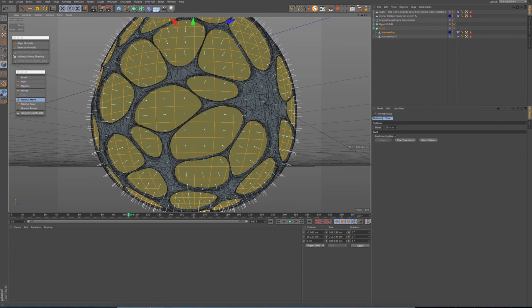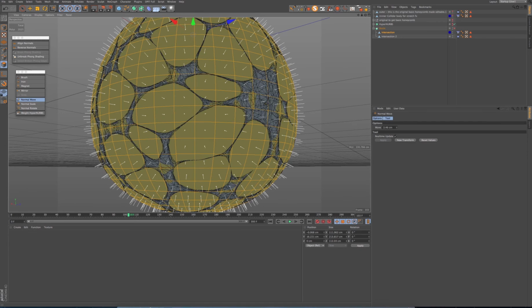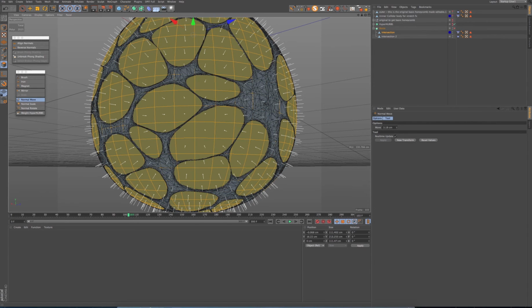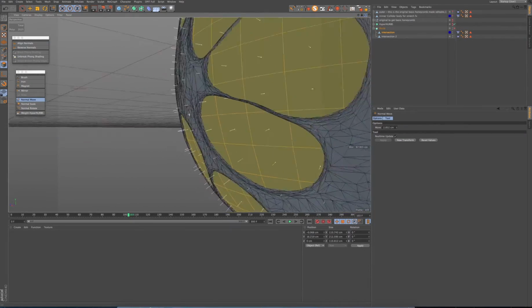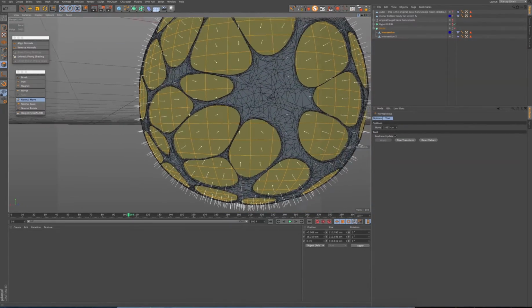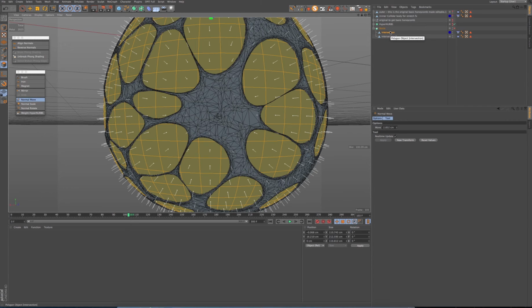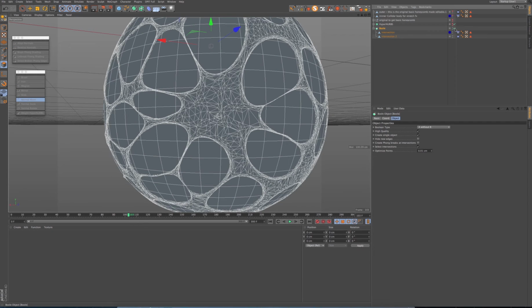If I Normal Move now, I can see to get an intersection, and you'll see where I'm going with this. So as I enlarge it, we get an intersection. Not too much. There we go. We've now got an intersection, and that's going to sort of be where our pools are. Okay, so that's pretty cool. Checking from all different views to make sure it's working. So each of these is going to be individual pools, maybe of magma or plasma or something like that, and we're going to animate them further down the line. So now that's working, we need